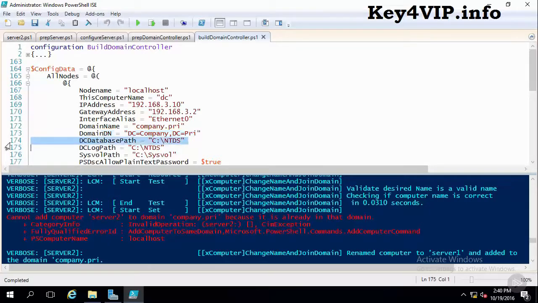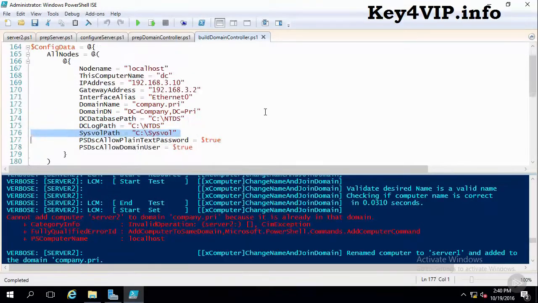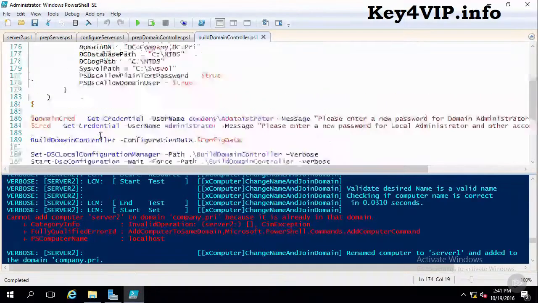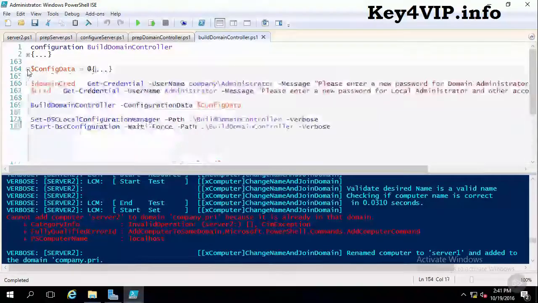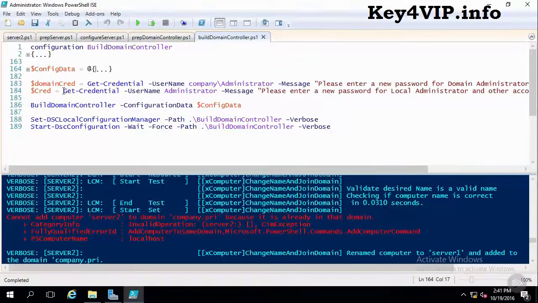We have a database path and a log path that we want to configure also for Active Directory once we go through its installation, as well as a sysvol path down here. And these last two items down here allow us to use the usernames and passwords that we're entering in down at the bottom part of the script right down here. So these are the specific information bits that we're going to add here as part of our build domain controller